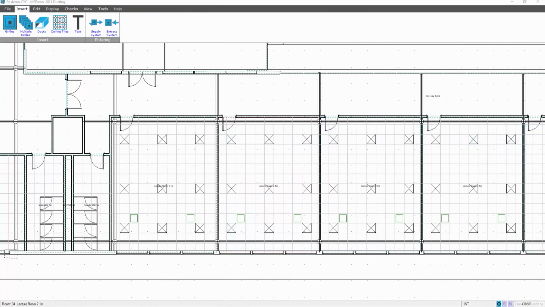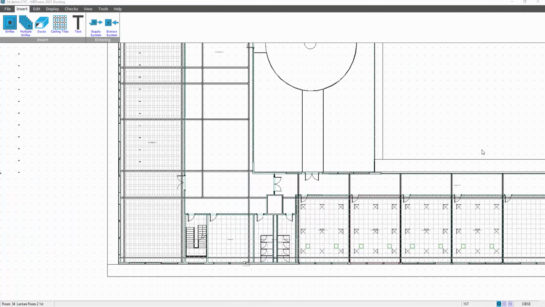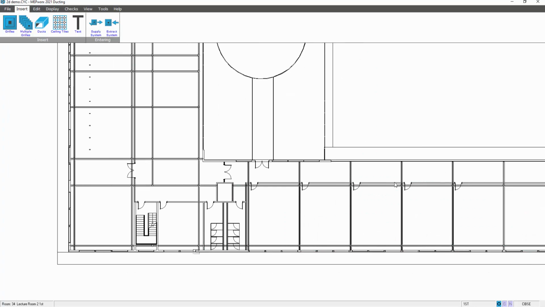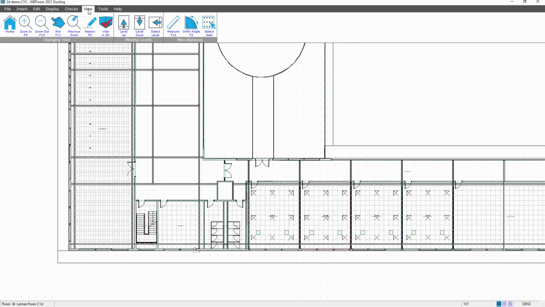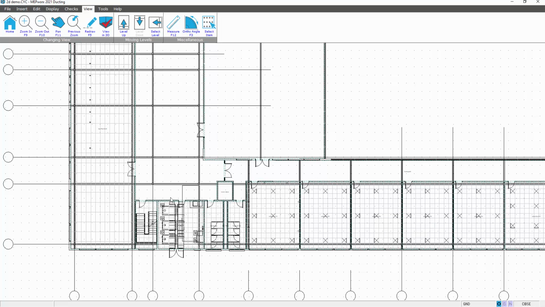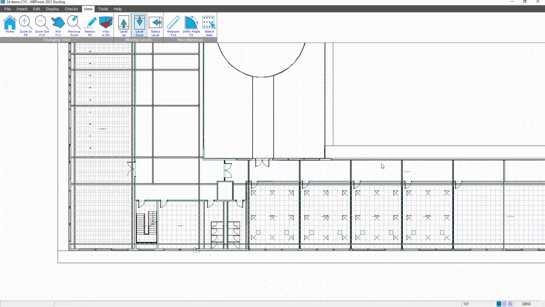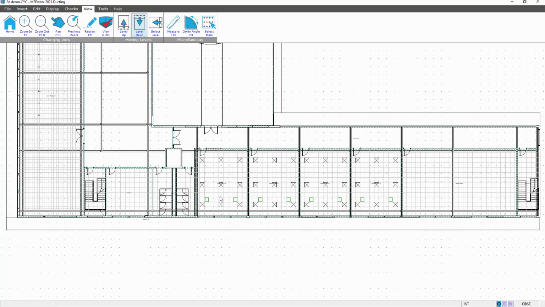This video looks at adding the duct runs. So the idea is to run our duct runs down to our plant room on the floor below. If we level down, we can see here we've got an air handling unit position. So ideally what we'd want to do is to run our ductwork from the furthest grill and establish that main